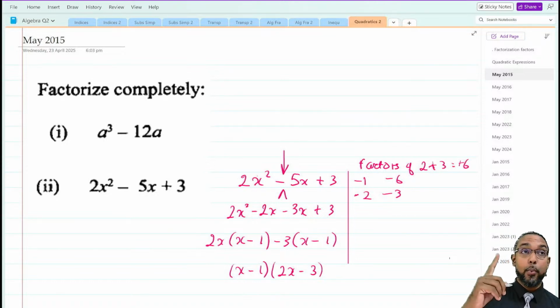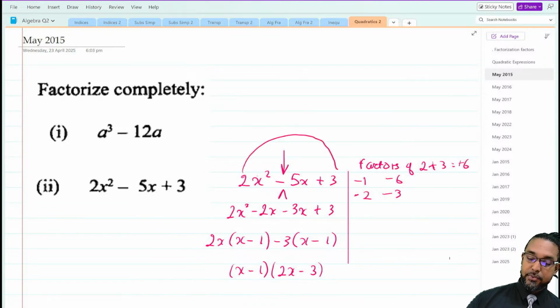So again, the one tweak we make is you have to multiply the coefficient of x squared by the constant, and that number,